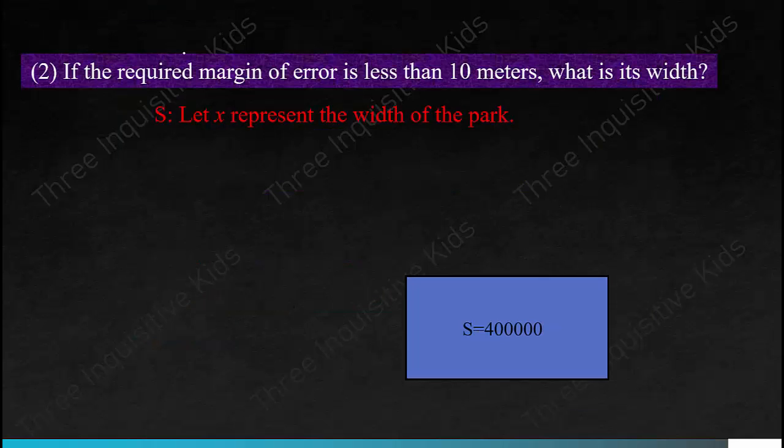2. If the required margin of error is less than 10 meters, what is its width? And here's a quick hint: let x represent the width of the park. Also, if you are confused about what margin of error means, it's like when you're manufacturing something, say in a factory,